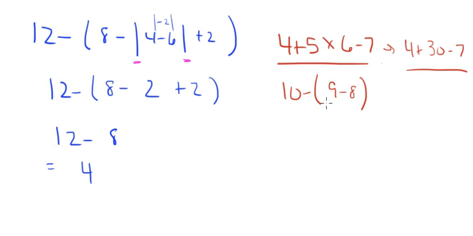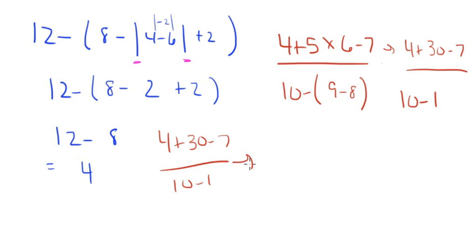and then what do we do down here first? The parentheses, right? So we're going to have 10 minus, and then what's 9 minus 8? 9 minus 8 is 1. So our next step, let me just rewrite this. So our next step is going to be 4 plus 30, right, which is 34, minus 7, and 10 minus